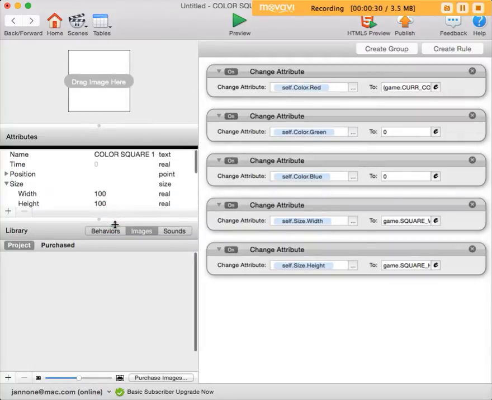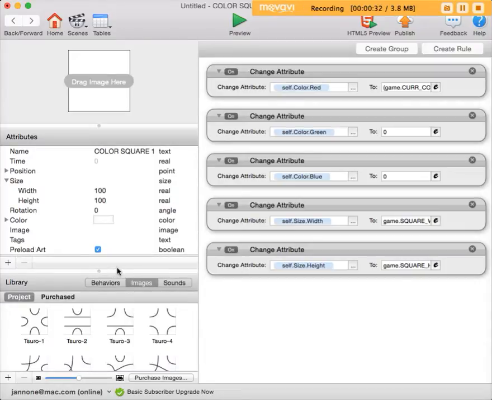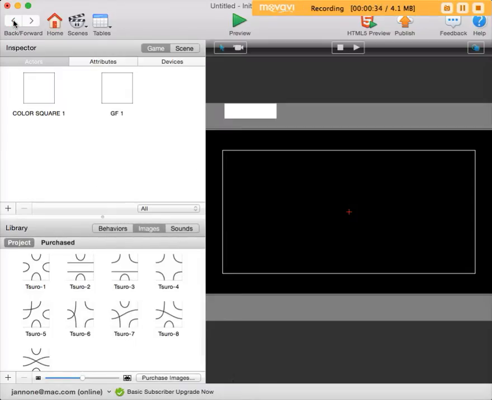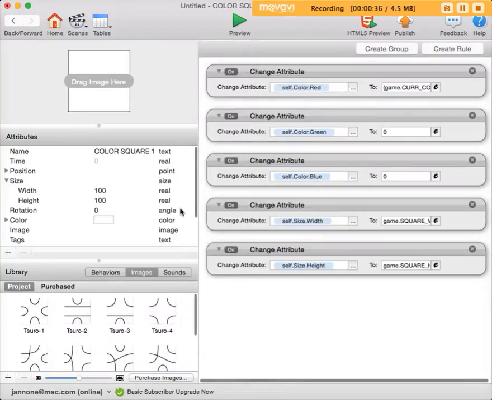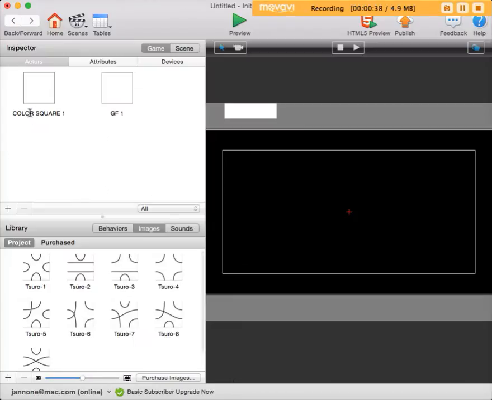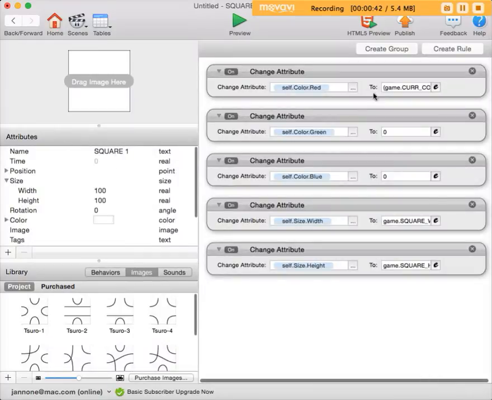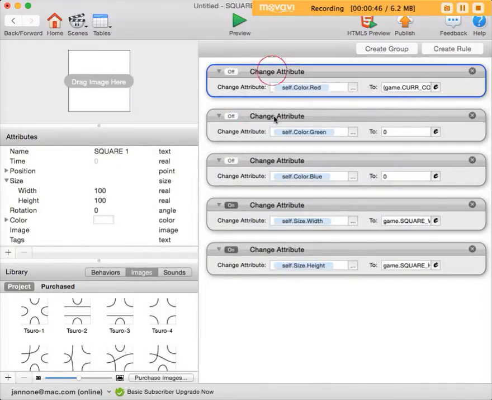So I've added these 9 images from a great game called Tsuro that I play with my kids. Rather than assigning colors, I'm going to assign these map pieces to the squares. So actually I could change the name of this. It's no longer a color square, it's just a square. And instead of changing the color, disable my color changers here,